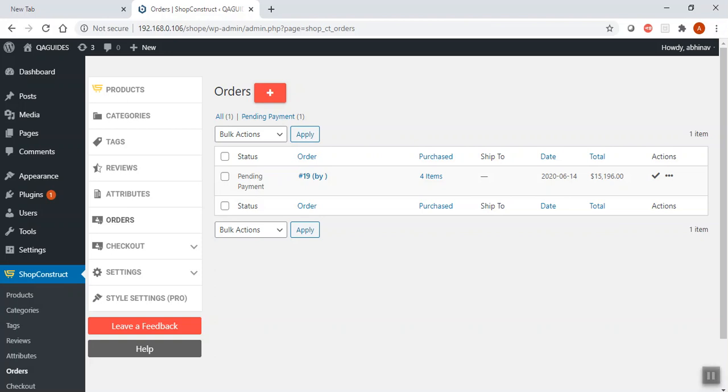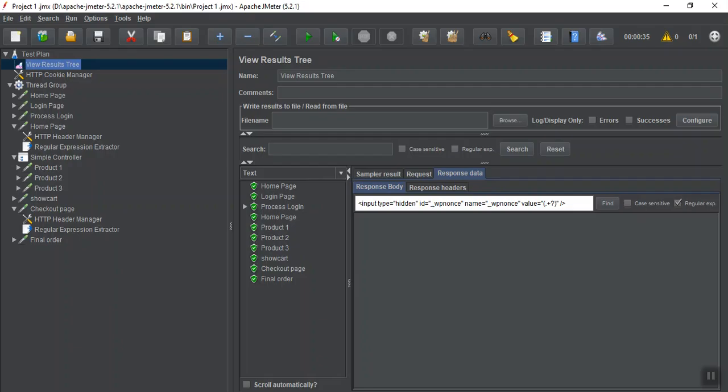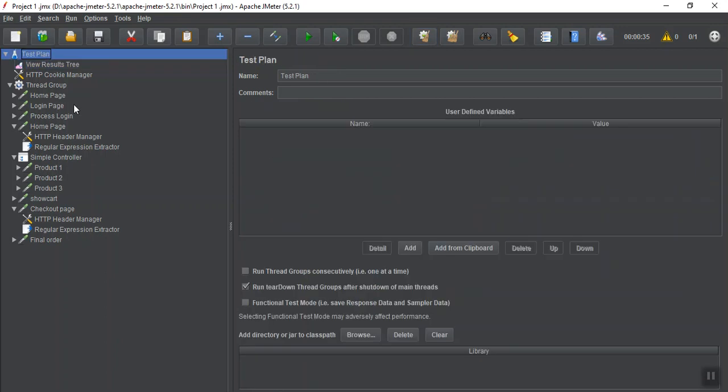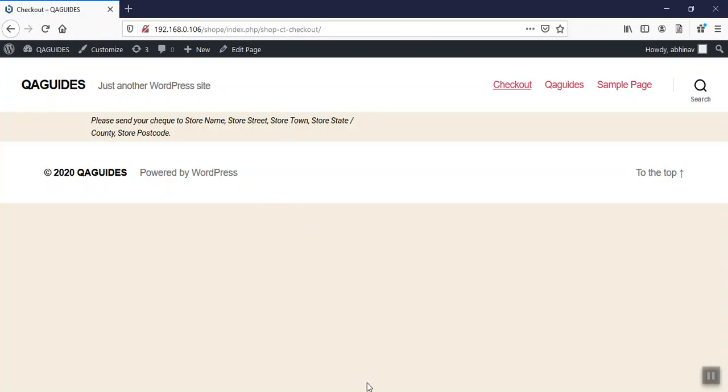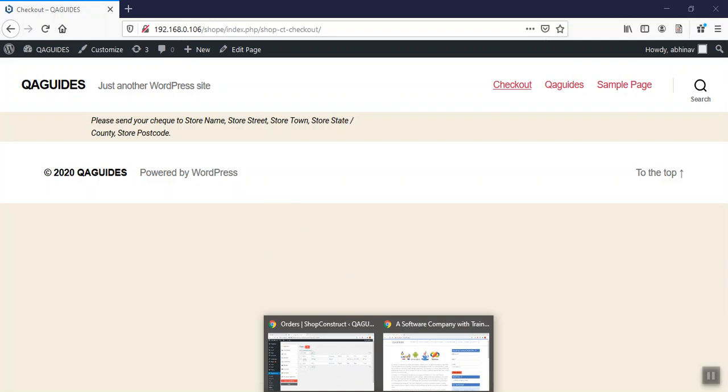Say you need to now merge your CSV files to get multiple different types of data. What I do, for example, let's do one thing with thread group. Let's take number of users as 4. Fine. And let me execute. Now there should be 4 more orders placed.